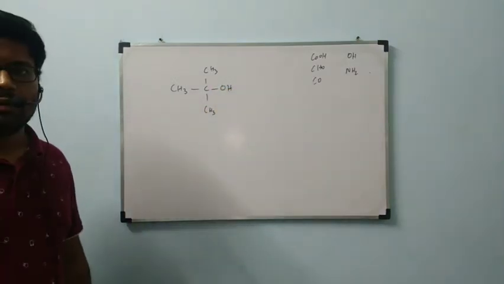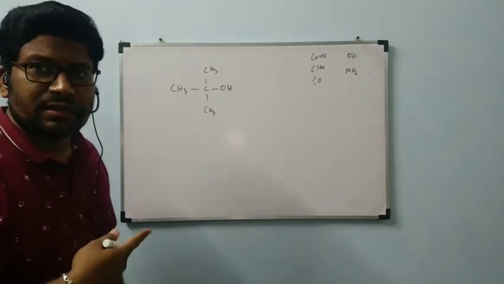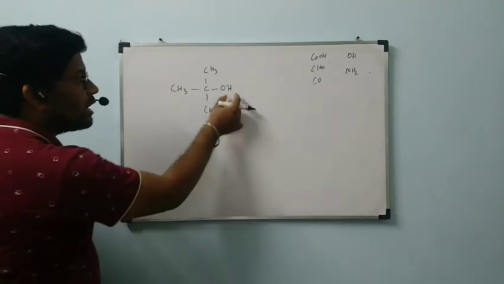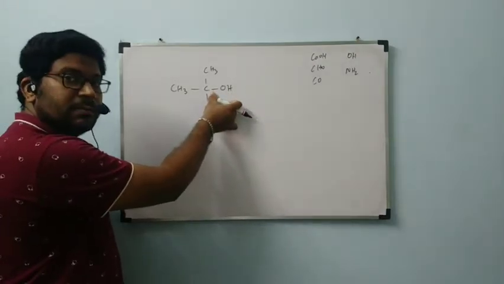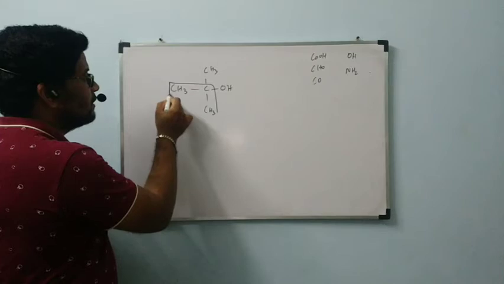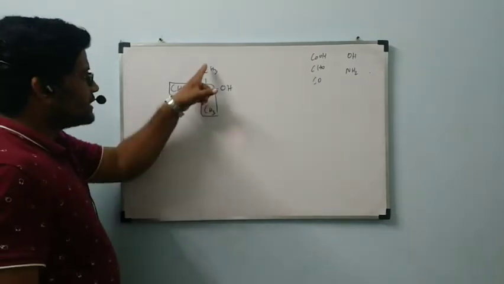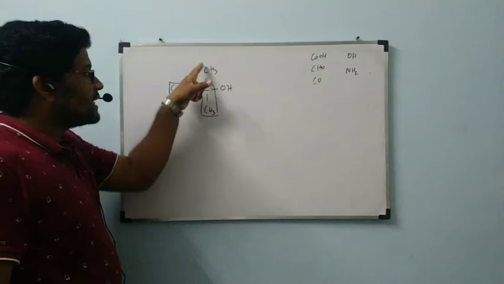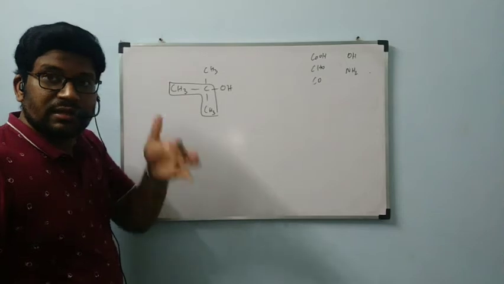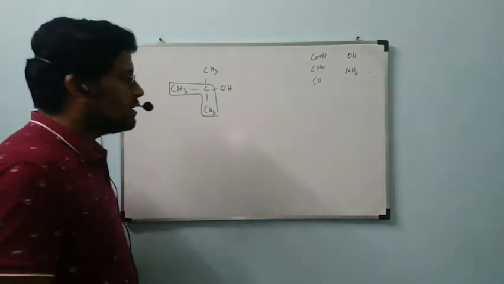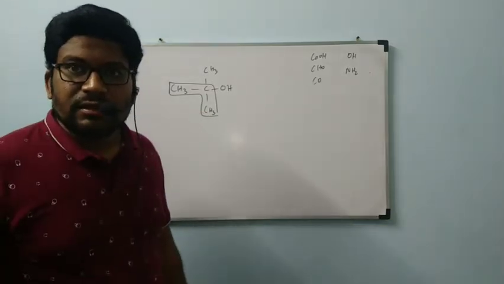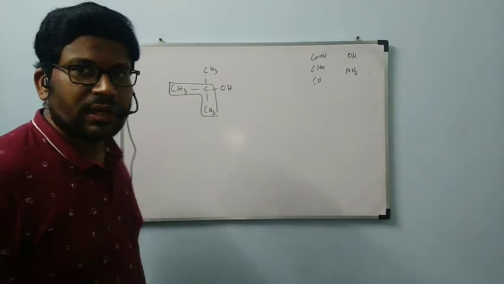Name of this compound. First we have to select the parent chain. This one contains an alcohol group, which does not contain carbon. Then we have to consider the carbon bonded to the alcohol. That must be included in the parent chain, and it should contain the maximum number of carbons. So this is selected as the parent chain. Or we can select like this also. If you select like this, one will be a side chain, methyl. If you select like this, it is methyl. Either way it is the same, with the same position. Numbering can be given like this or like this. Either way the OH carbon is getting number 2, so any numbering is okay.